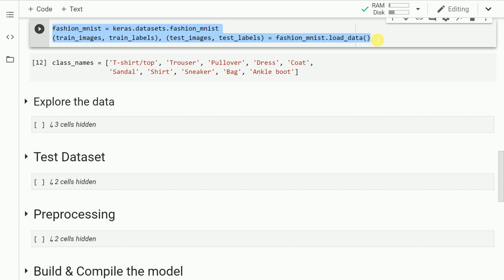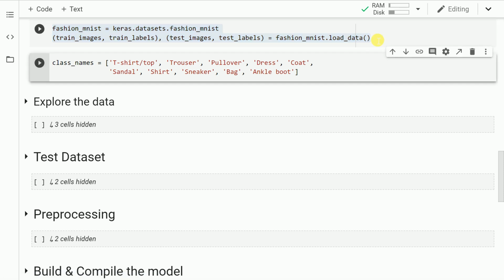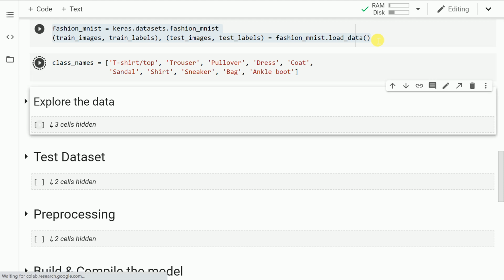So let me run this cell. Next up, I define a variable called class_names, which is nothing else but a list which contains 10 values. These 10 values correspond to the 10 classes of my dataset. So let me run this cell as well.